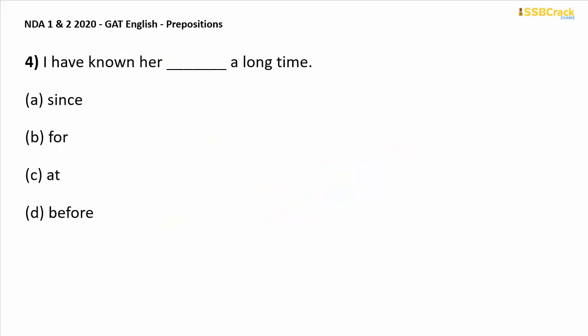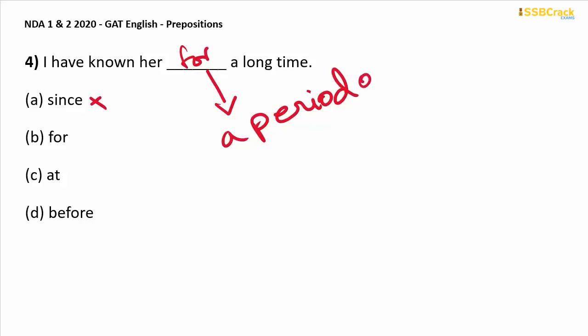Okay. Next question. I have known her dash a long time. So we always say this in daily terms when we are talking about a particular person, or we are talking to our friends. We say, "Oh, I have known him for a long time," or "I have known her for a long time," or "I have known about this place for a long time." So here the appropriate preposition to be used here is for. So many of you have this confusion whether it should be for or since. Well, it should not be since, because we use for a period of time, where it is indefinite. So a long time doesn't have a definite time.